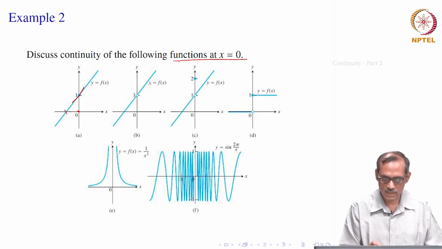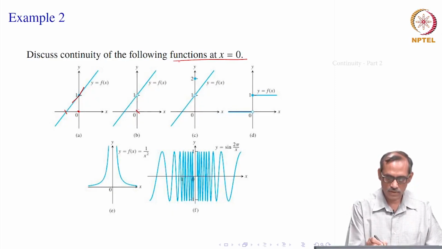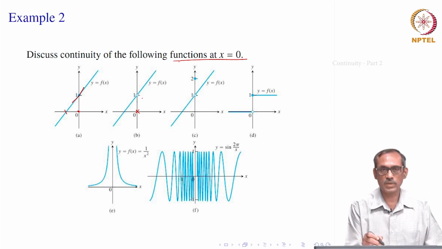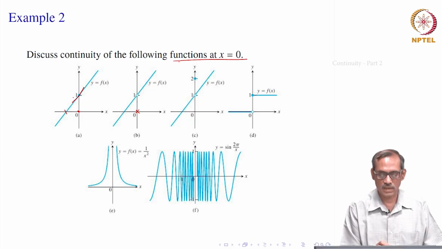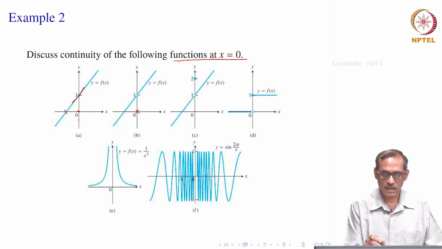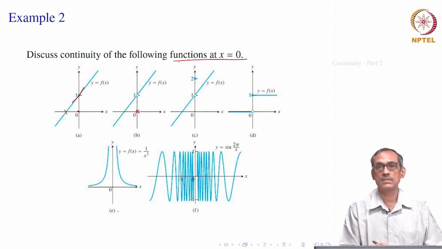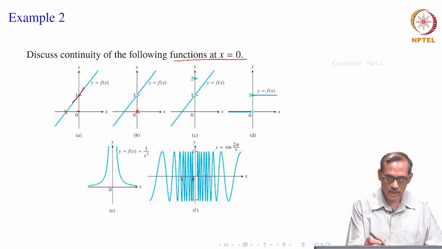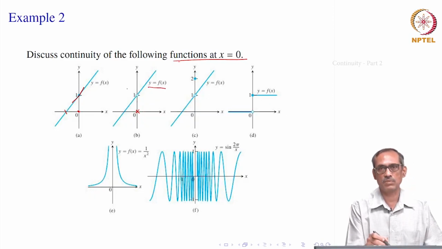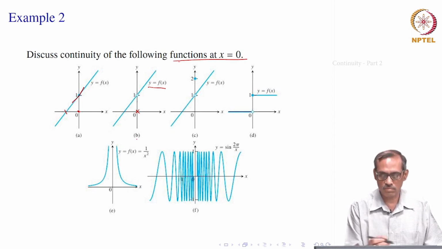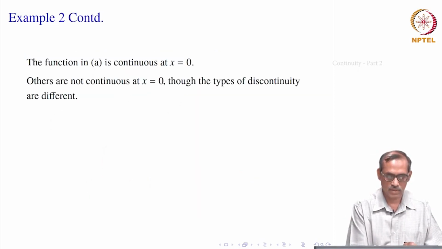Now, you go to the second function, f of 0 is a hollow circle. So, f of 0 is not defined. It is the same function as earlier in A, but at 0 it is not defined. So, once at 0 it is not defined, it is not continuous, because the function should be defined at that point. However, here the limit of f(x) as x goes to 0 exists and it is equal to 1, both left side and right side limit are 1, but it is not defined at that point. So, it cannot be continuous. Okay.